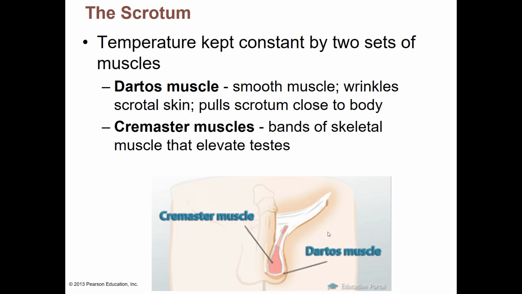Trying to maintain it as much as it can at 3 degrees Celsius below body temperature. There's a dartos muscle. It's a smooth muscle, and it wrinkles the scrotal skin and pulls the scrotum close to the body if it's cold out. If it's cold, the sperm temperature could get even colder than 5 degrees below body temperature, which is outside that optimal sperm production temperature. And so when it's cold out, it's going to bring the testes close to the body